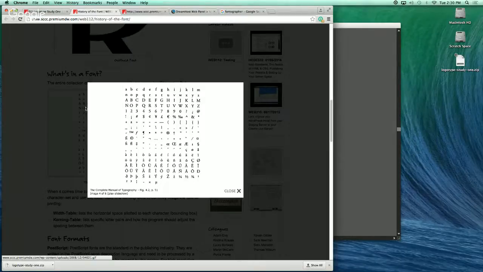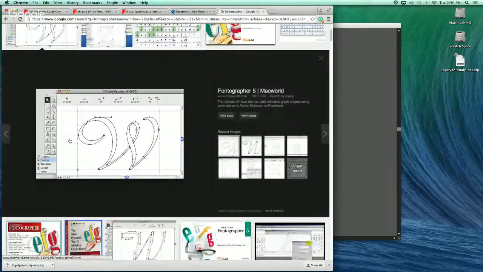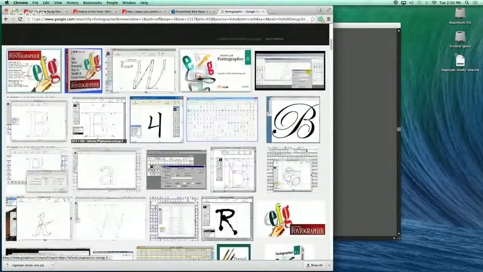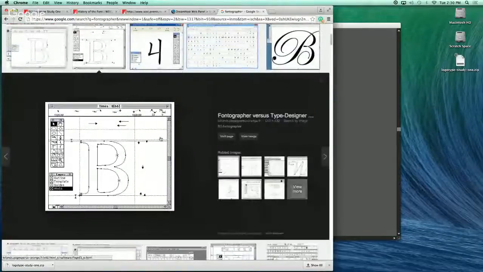So if this character was set into the standard box that each and every piece of type or each letter form sat in, that would be, from what I understand, the width table. Then the kerning table is,